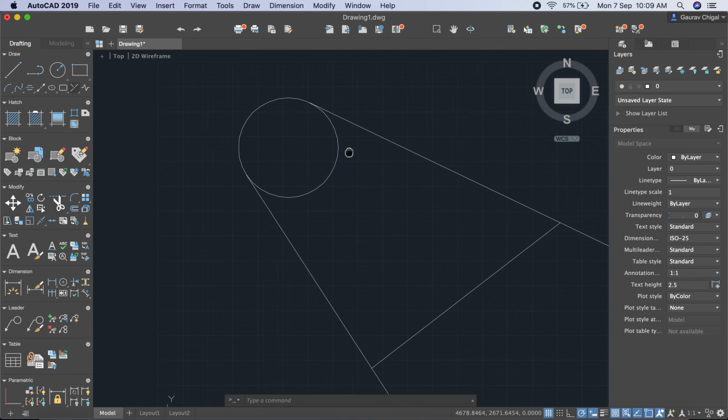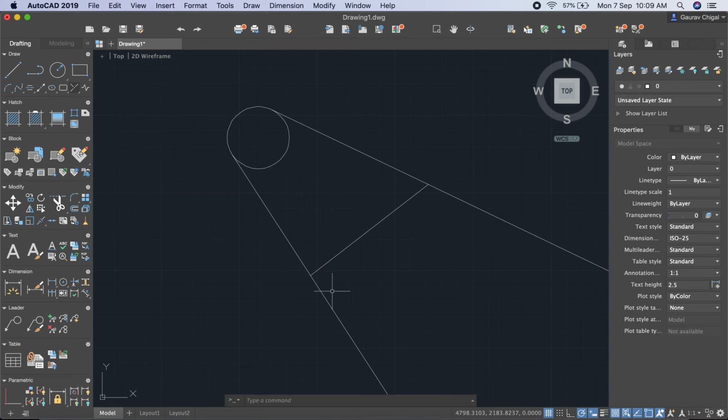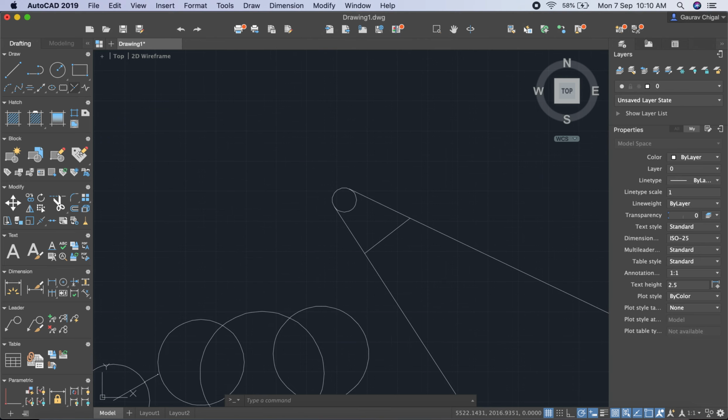If you draw a circle of a bigger radius, it will be made between these two lines, but the radius of this circle is very small, so the software selects accordingly and draws a circle outside the quadrilateral. When we extend these lines toward the circle, they meet at a tangent point on this circle. Now you can make a circle inside this.